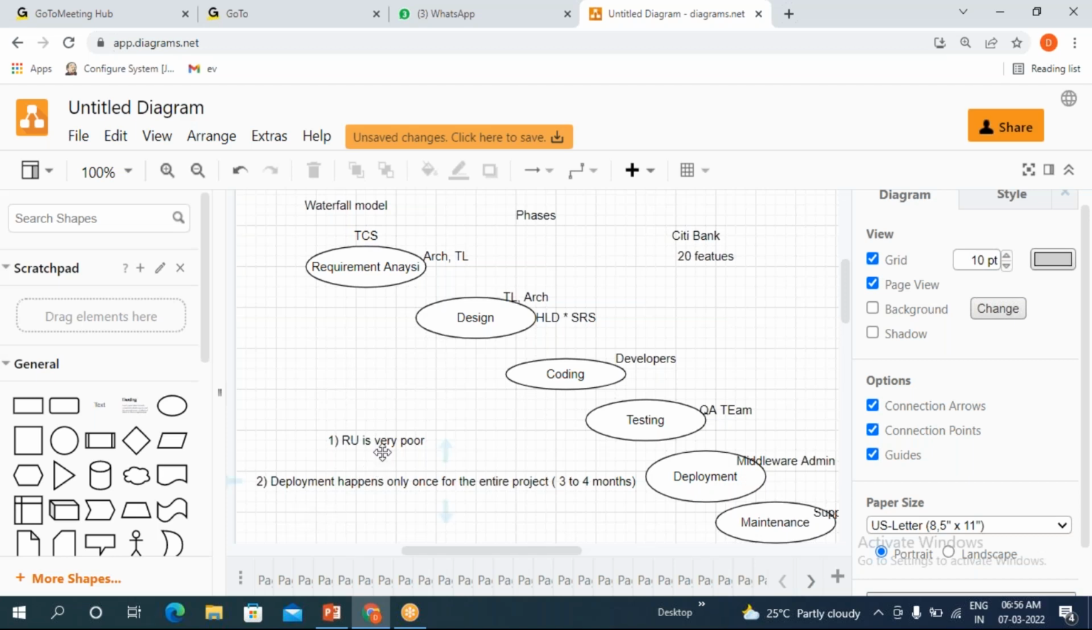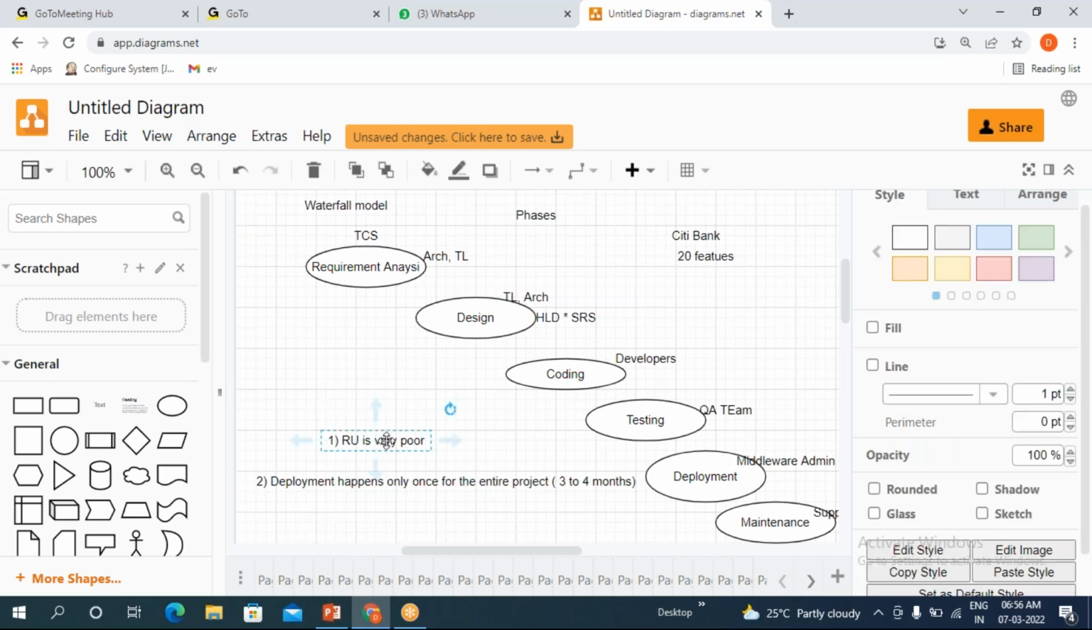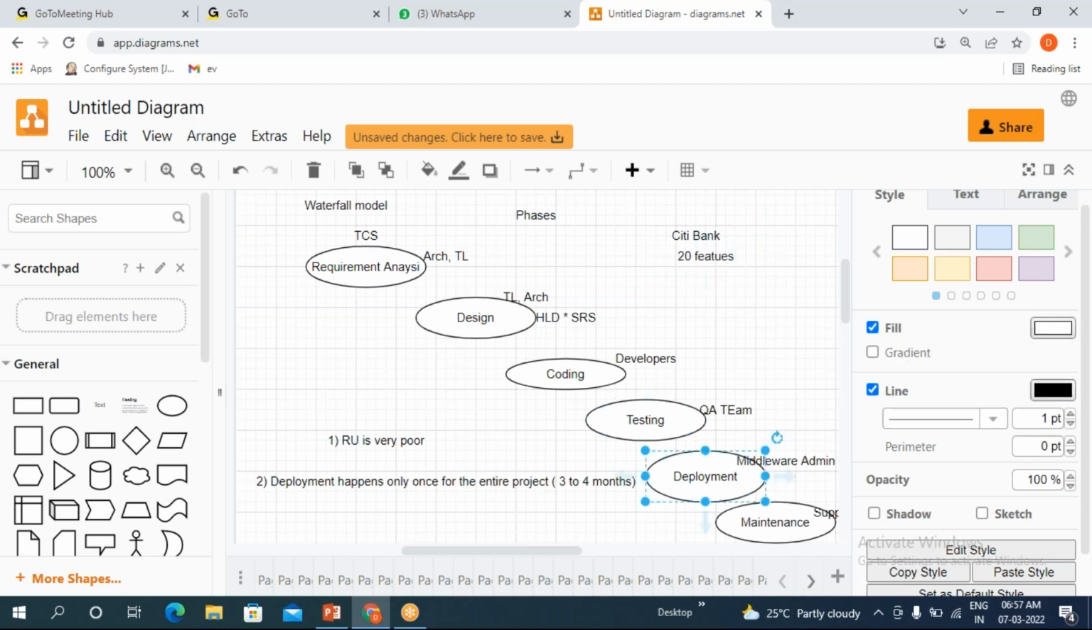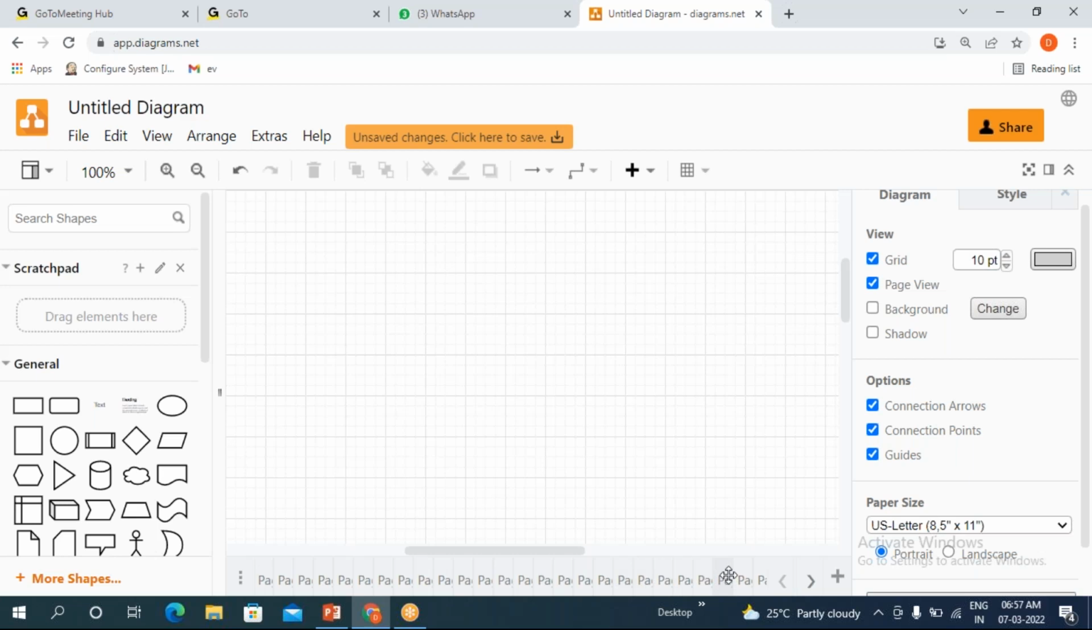Now our requirement is like this. We have to properly utilize the employees, and we have to deploy at least, of course, 20 features at a time. Now I have to increase the deployment frequency also. So in order to resolve those two limitations,